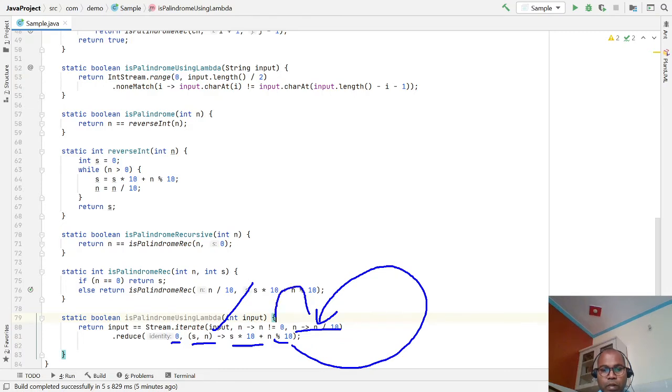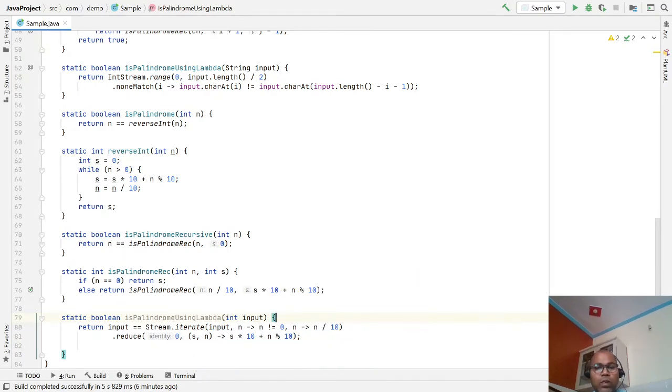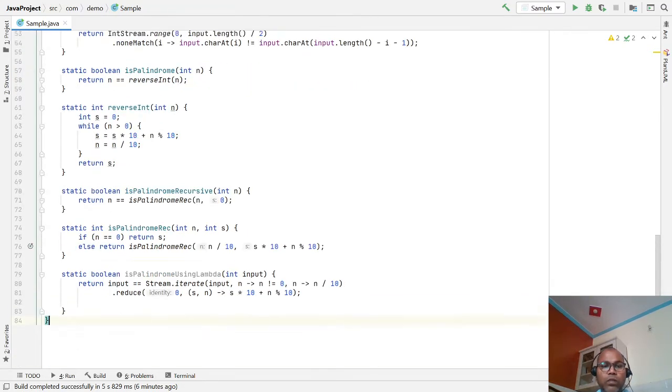After that jump here. If number is not equal to 0, then come again here. Then this is the next input, then modulo 10, then sum with the value. Again come to this position, then this position. This way this iteration works, and using a lambda expression we are able to solve this same question in one liner, if you know this function.